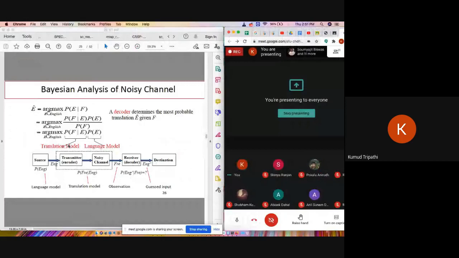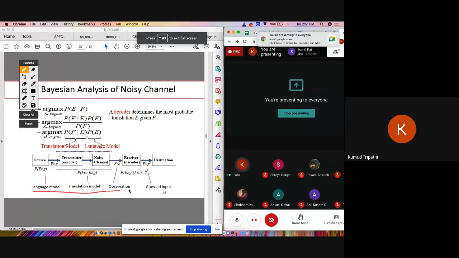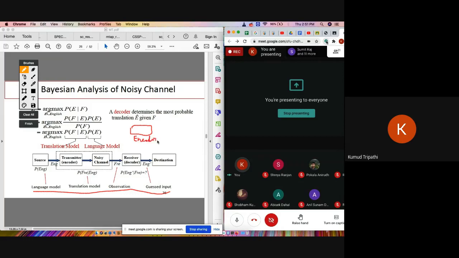Okay, now the same thing is written here. This entire model can be understood like this. This is your encoder, and you have one decoder here, because here we are trying to relate this model with the noisy channel model. So here we want to translate E, meaning an English sentence, into foreign language F. That means the encoder is trying to encode English into foreign, right? And then what will this decoder do? The decoder will try to convert this foreign language F into the actual language E,